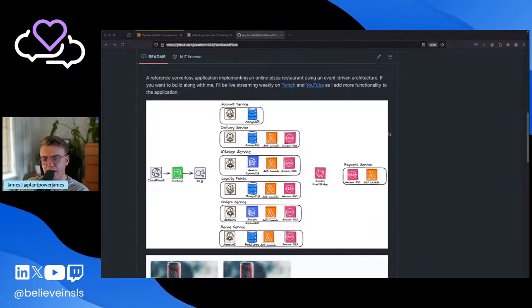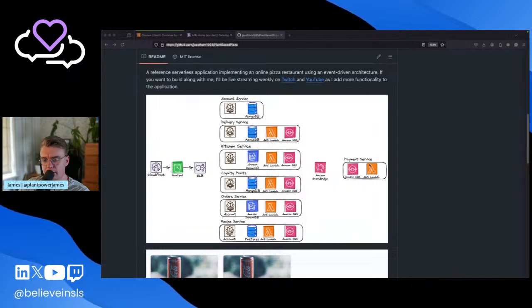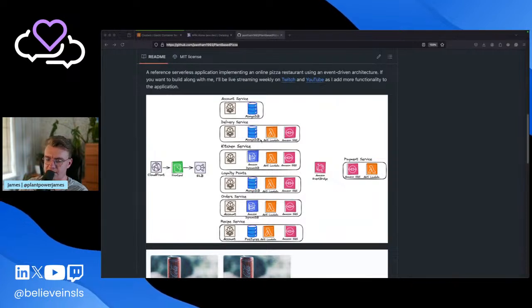But anyway, these are all linked together. All the services follow broadly the same structure. So there's a Fargate, a container within a Fargate, some kind of database. There's a mix of Dynamo, of MongoDB Atlas, of Postgres using Neon. We'll talk about that later. But for today, we're going to be focusing on this kitchen service,